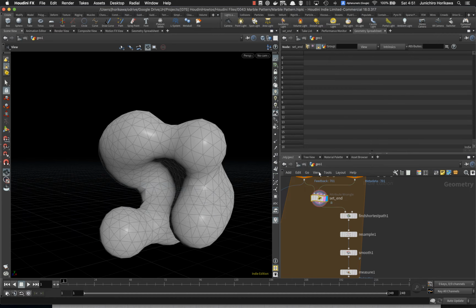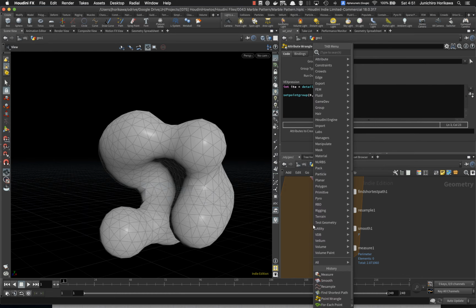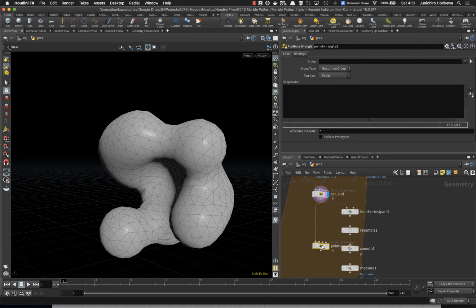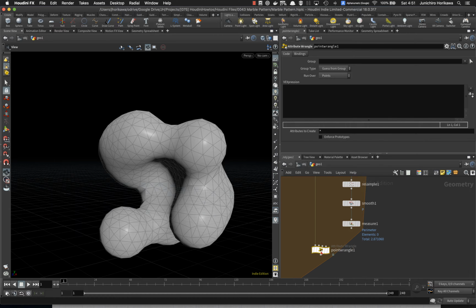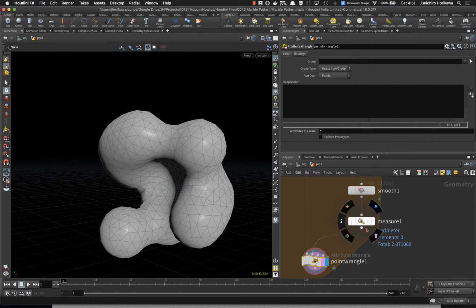So the point that you want to apply the attributes to does have a group called end, so I'm just going to use a point wrangle again and connect it to the first input, and the measure with the parameter value to the second input, and I'll name this apply attribute,